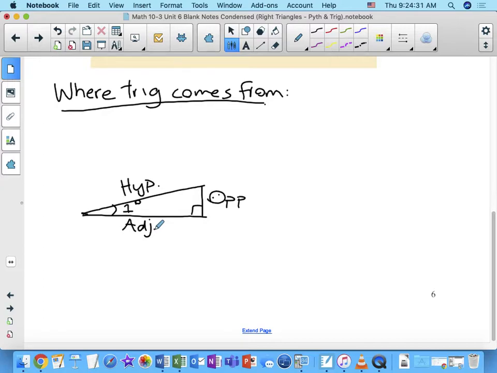Okay. Now, one thing that's really important to know is that opposite and adjacent